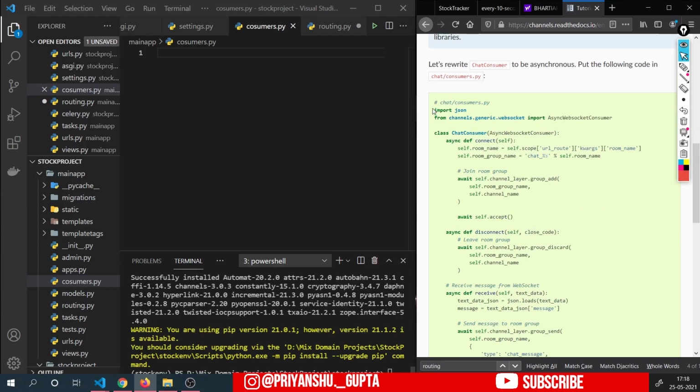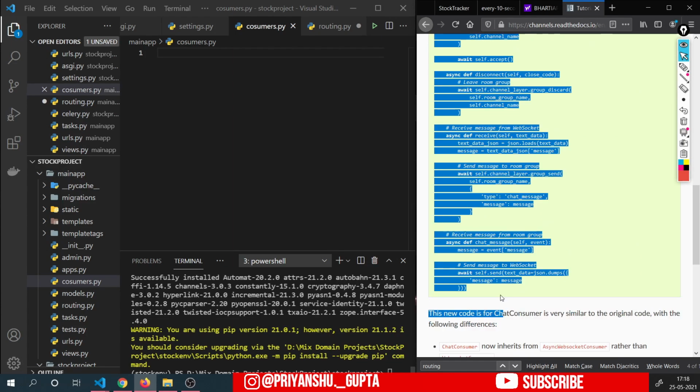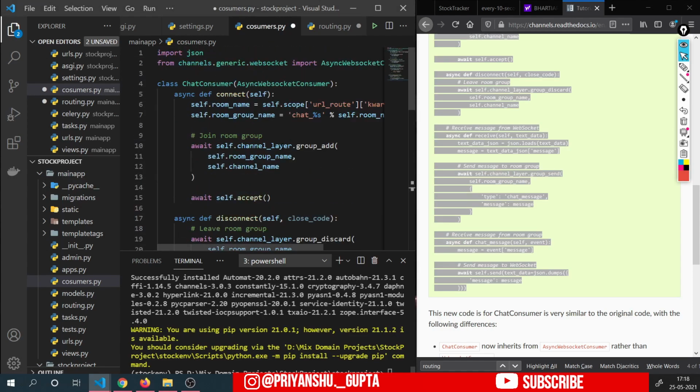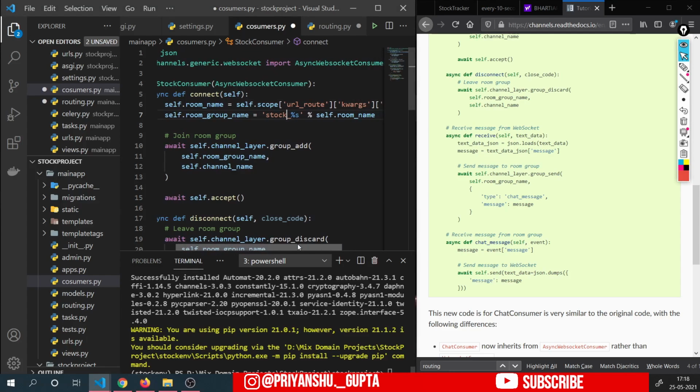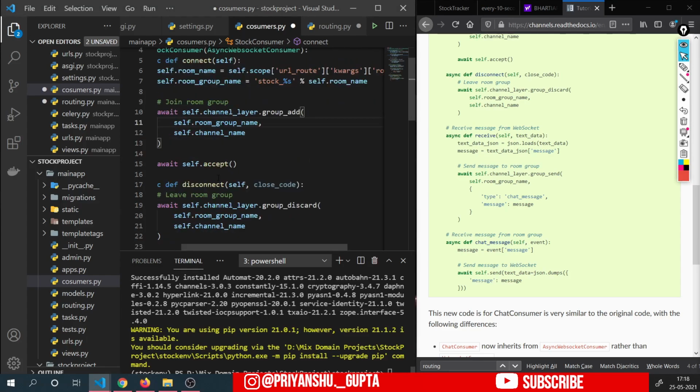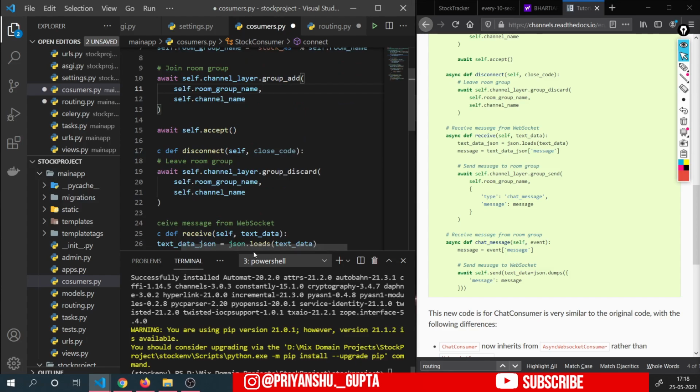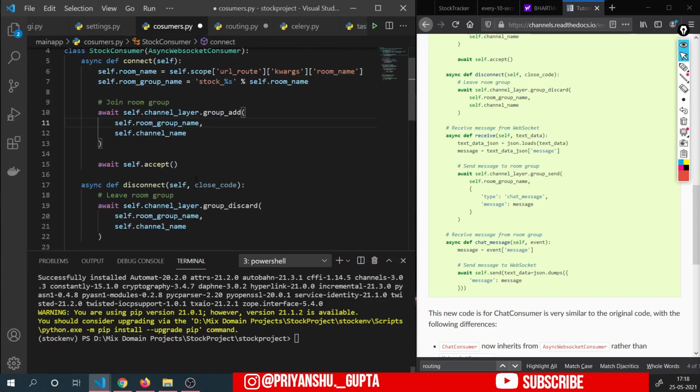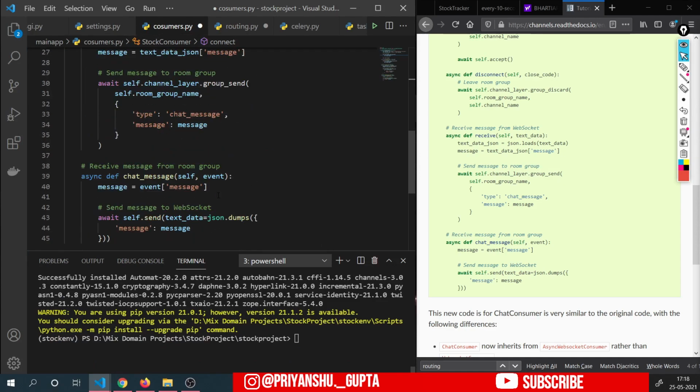And we want this one, and we will copy this whole code here and paste it here. And here we will change the name to stock consumer, and here we will change the group name to stock. And then group add, okay, connection, then connect, then disconnect, okay.